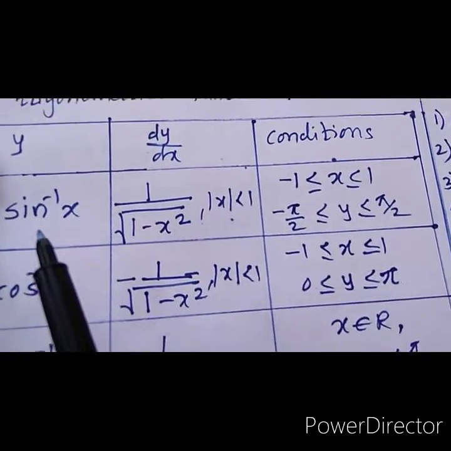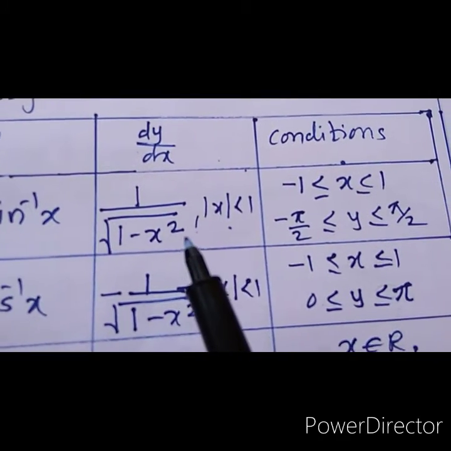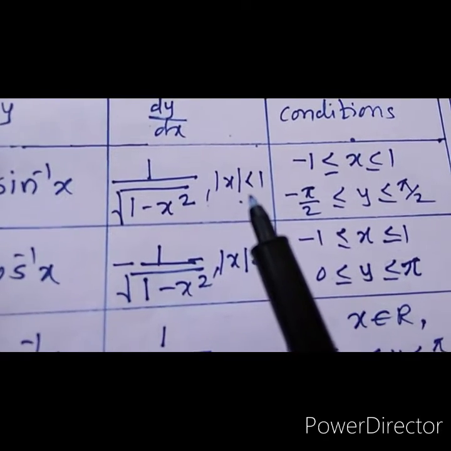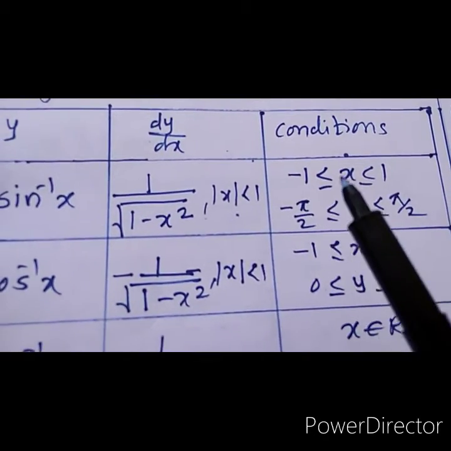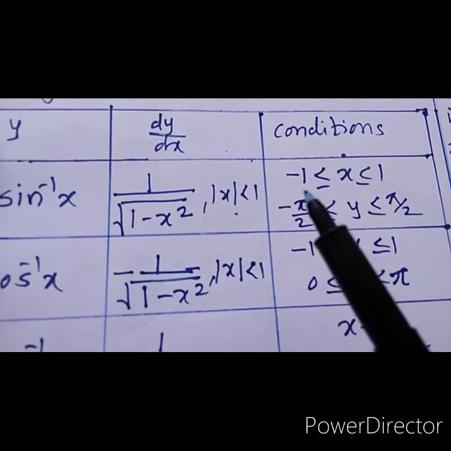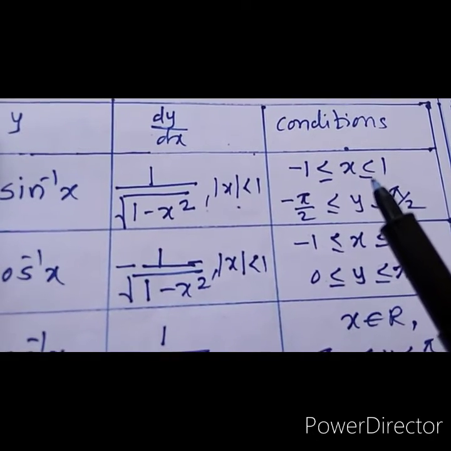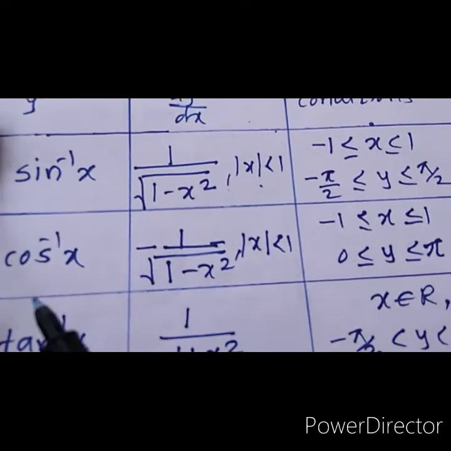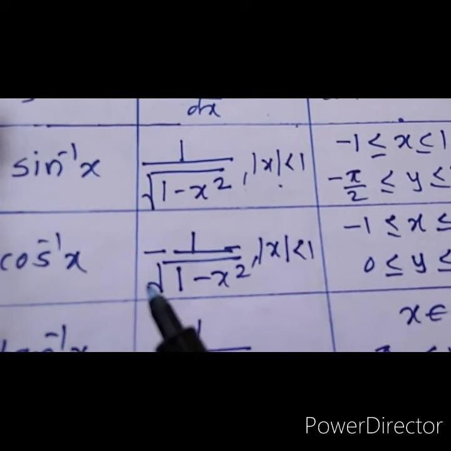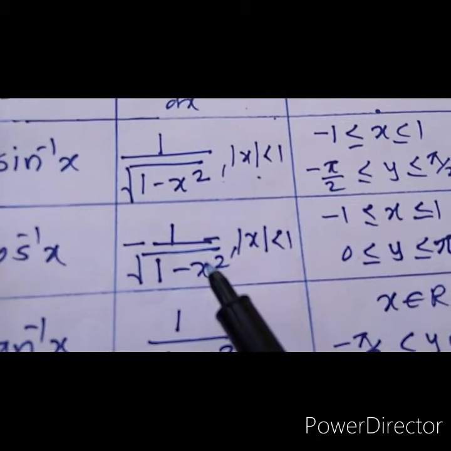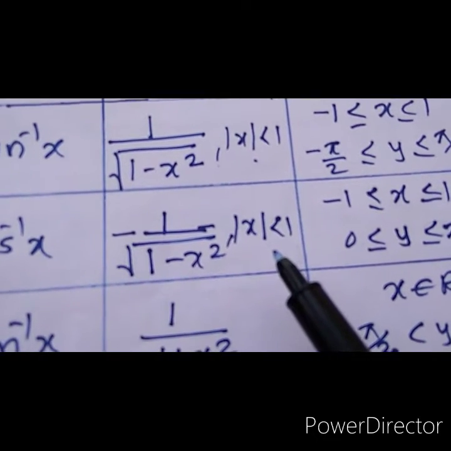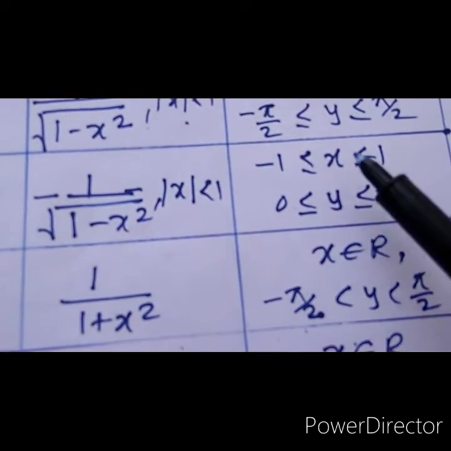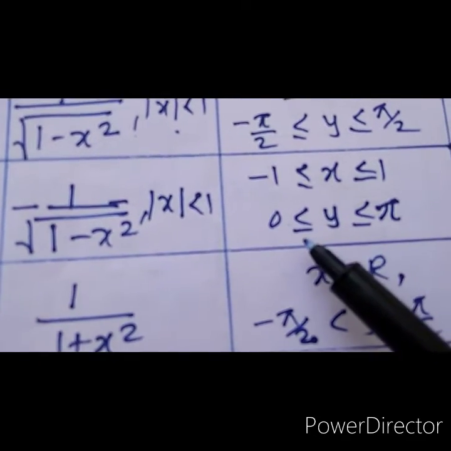Let us see first sine inverse of x, its derivative. Already we have seen, 1 upon root 1 minus x square when modulus of x is less than 1. Condition here: x lies between minus 1 to 1, that is minus 1 less than or equal to x less than or equal to 1, minus pi by 2 less than or equal to y less than or equal to pi by 2. Now let us see cos inverse of x. Its derivative is minus 1 upon root 1 minus x square when modulus of x is less than 1, minus 1 less than or equal to x less than or equal to 1,